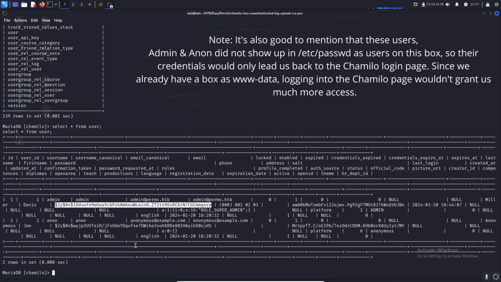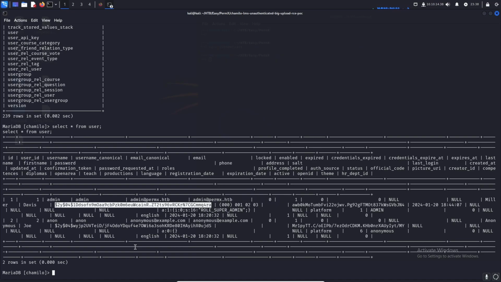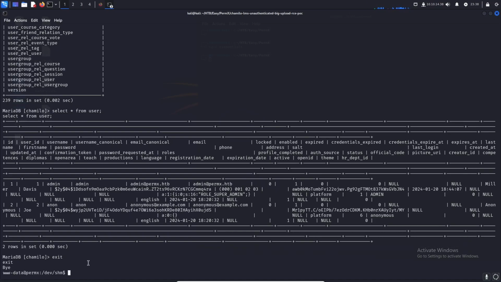But for the sake of the box, to make sure we keep moving, I'm not going to throw hashcat on either of these because they don't really matter in the end. So we're going to take this information with a grain of salt and move on so we can exit out of this database. But we still have, after this point, I was kind of stuck for a little bit,